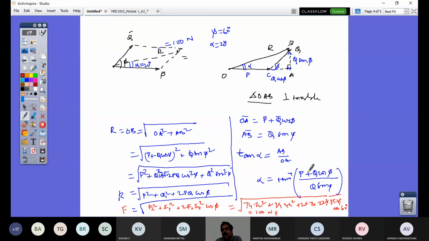In place of P you put Fx, in place of Q you put Fy dash, and phi is 60 degrees, and you would get your angle 20 degrees. Cross check this. This is a very important step, resolving and composing forces. Resolution of a force and composition of forces is the first step in rigid body mechanics to play around with the forces acting on rigid bodies, right? I hope that you all have understood this point clearly. In case you have a difficulty, listen back to the videos once again. I'll upload it and you will be all right.